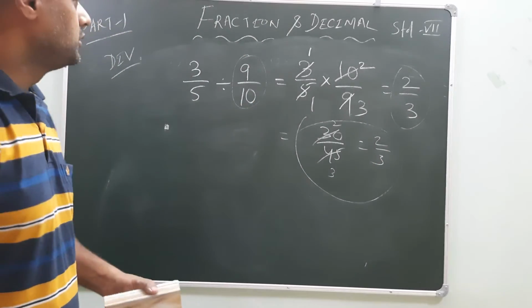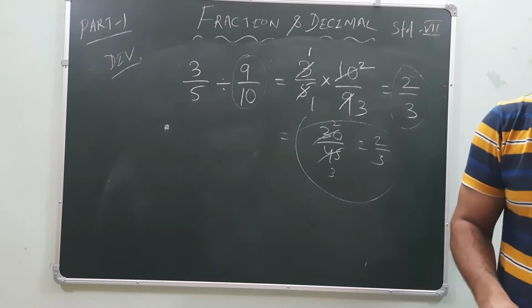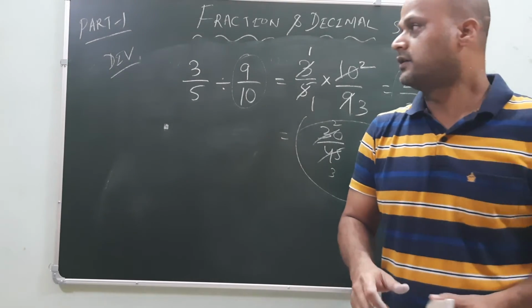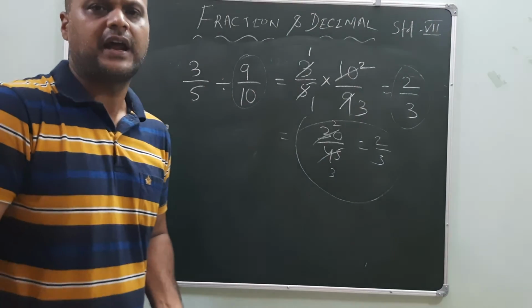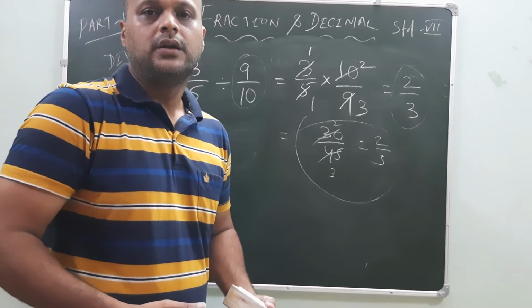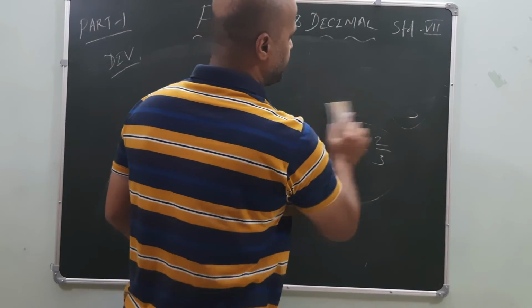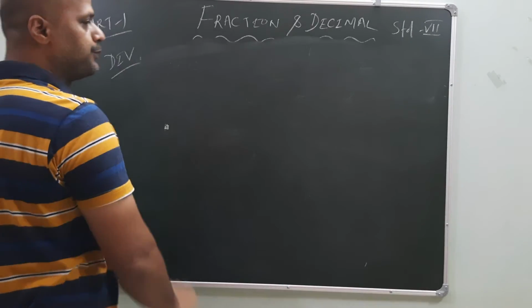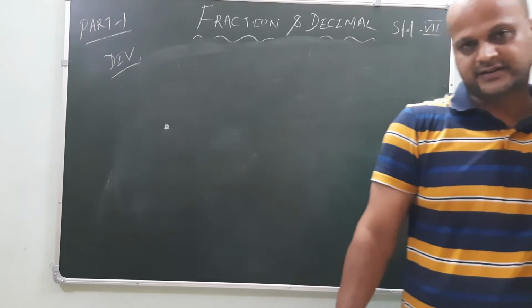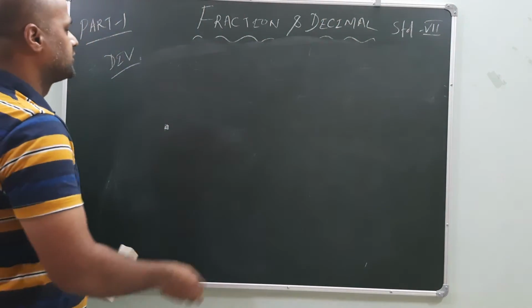Now we just made a simplification of how two proper fractions are added with each other. Now if two improper fractions are added, subtracted, multiplied or divided, then how will we simplify the problems? Let's come to improper. Before going to improper, I will go to the mixed fraction class.